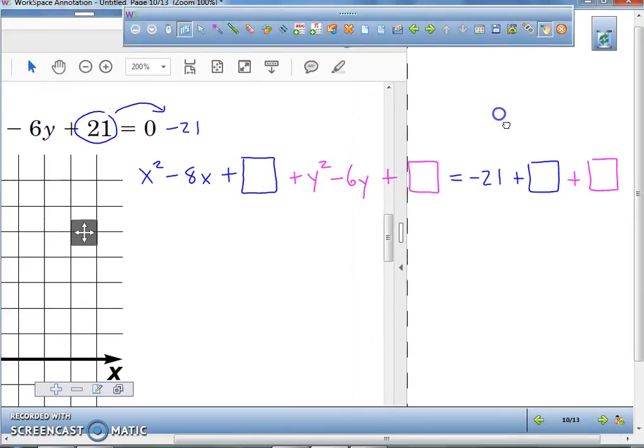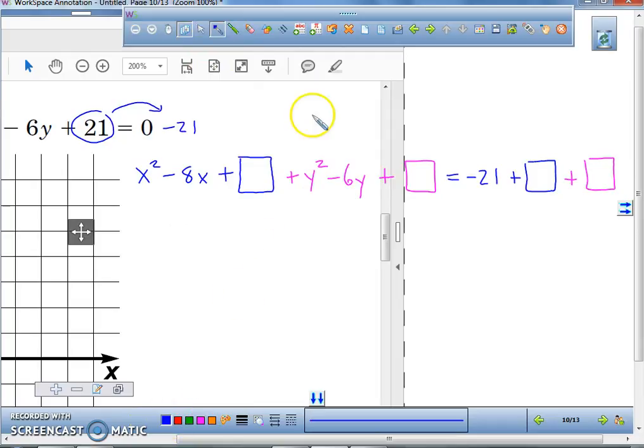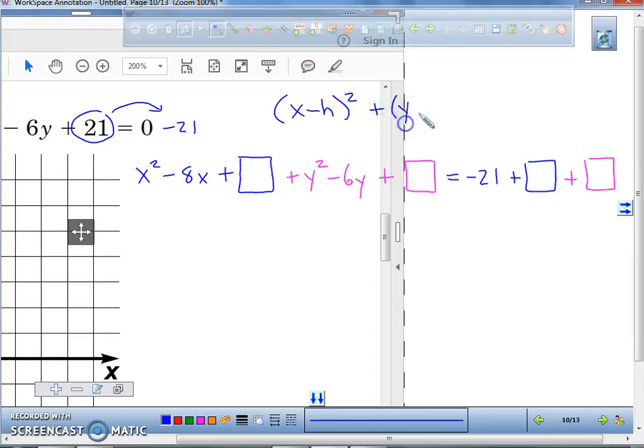Now, before we get too far advanced, I want to make sure everybody's aware our final answer is going to look like this. X minus h squared plus y minus k squared equals r squared. And once again, what do h and k represent? The center of our circle. That's our center of our circle. So we got to find the equation. We got to build it. Now,